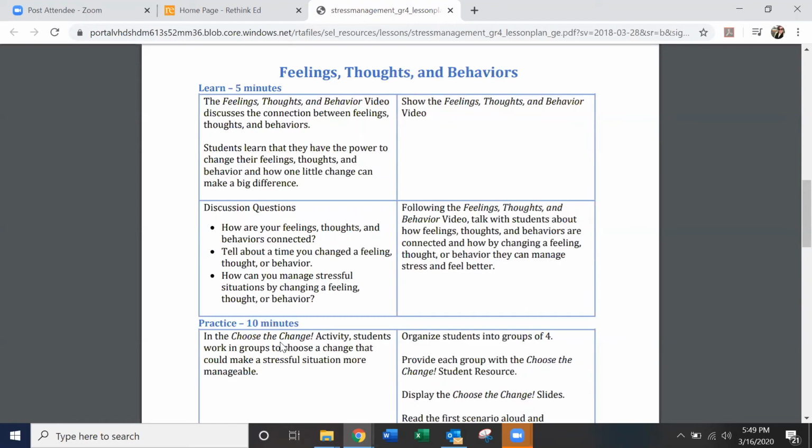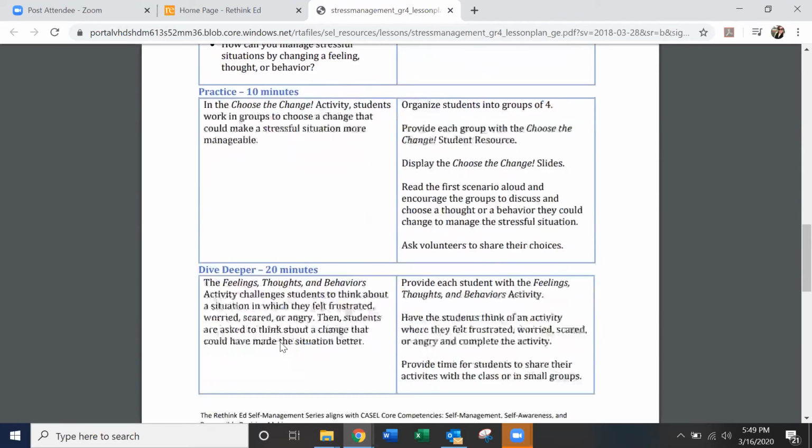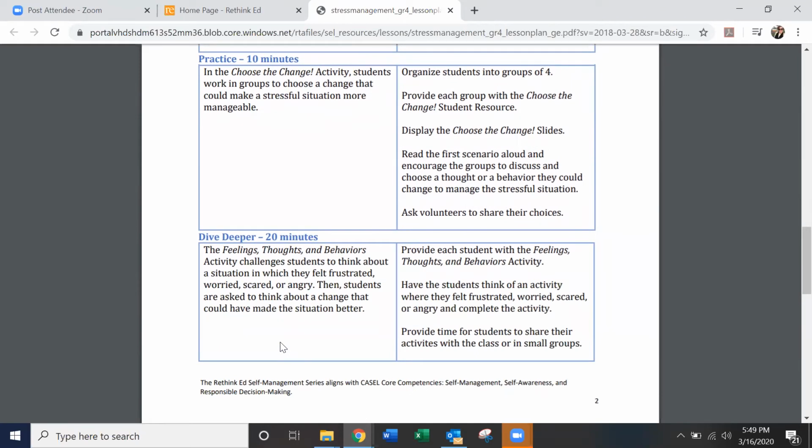So our learn portion, which is that first piece, about 5 minutes, that's where we're looking at demonstrating the student video and following up with some discussion questions. Then we go into our practice piece, which is about 10 minutes. This is where the students will start engaging in that application of the concepts learned. And then our dive deeper is that 20-minute follow-up activity where we'll be tying in fluency and competency of that